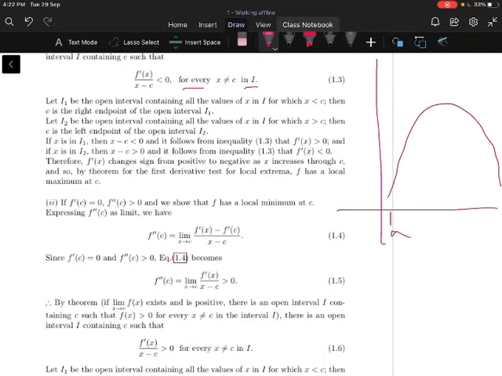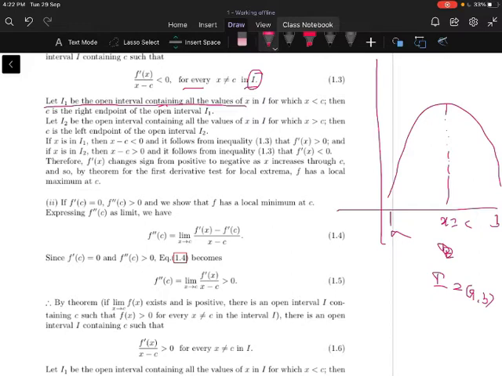Now take the function here. This is a to b, this is interval I. Interval I is from a to b. Now this is the point, to take it as x is equal to c here. You can observe that here. Now let us define I. I is the interval that is equal to a b taken here.